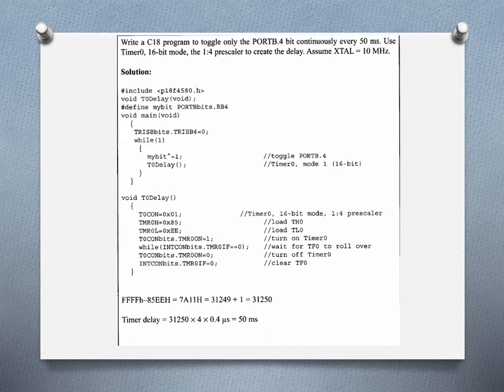Only then will you be able to get the next data. And finally, coming to the next program: write a C18 program to toggle only one port bit, the fourth pin,